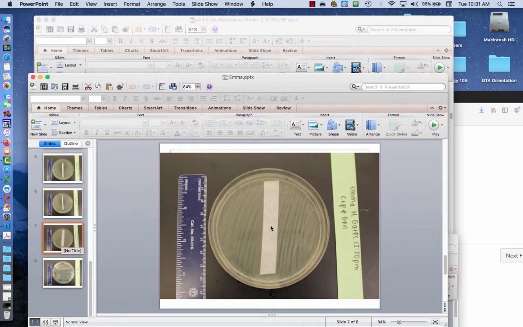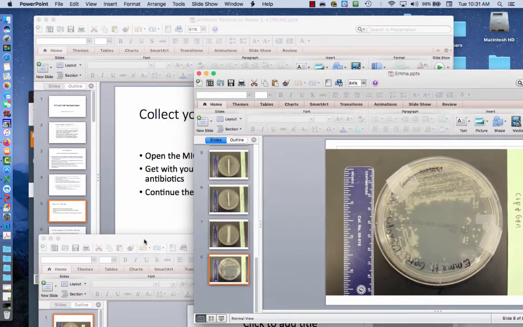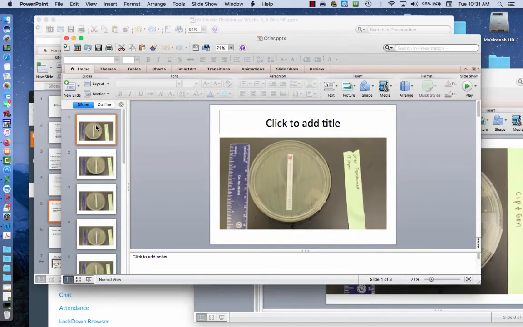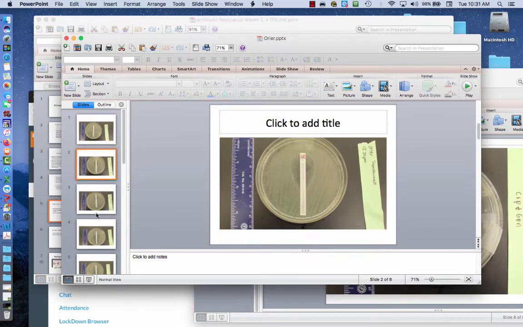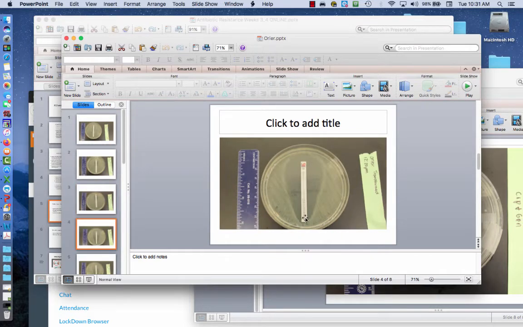So at the end there's a control picture. And then at the very end of that is a picture of your streak plate so that you can see what your streak plate looked like and you can see if you got isolated colonies or not. Another example of a PowerPoint, and one of the reasons I wanted to show you this is that, for this one,